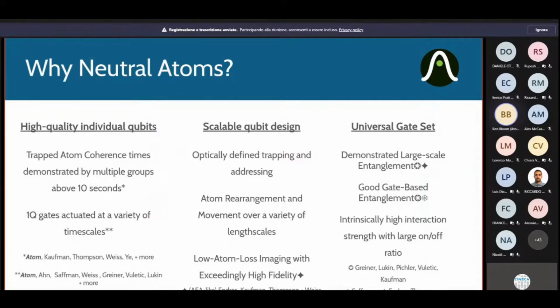And they've also started showing single-qubit gates being actuated over a variety of timescales, whether that's via single pulses of an ultrafast laser or whether it's via much slower Z rotations with global X rotations. And we're also showing off a little bit of a different scheme as well.